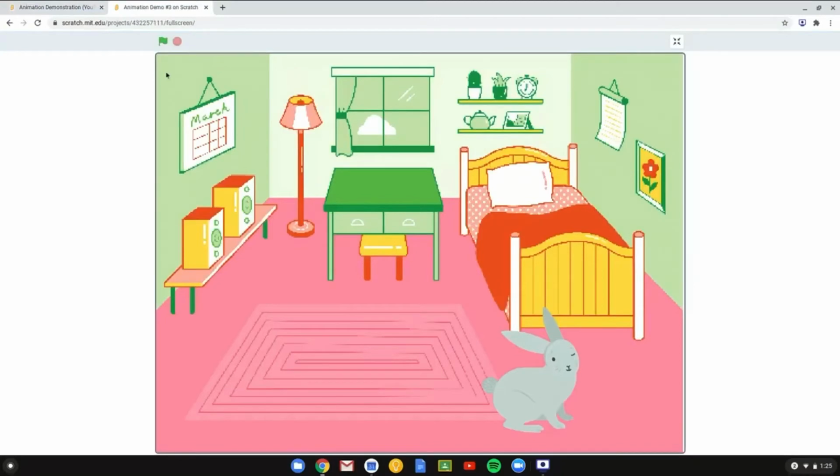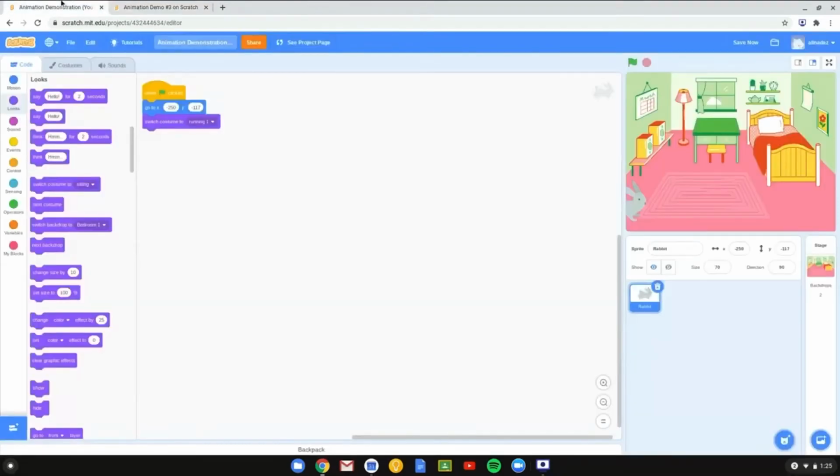If you can see the animation again, to make the bunny look like it's running, you're switching back and forth between costume 1 and costume 2. It's making it look like the bunny is running across the screen. So that's why we're going to be switching back and forth between 2 different costumes, running 1 and running 2. The last costume, called sitting, will be the last costume we use, so that will be used towards the end. Right now, we're going to be alternating between running 1 and running 2 to make it look like it's running